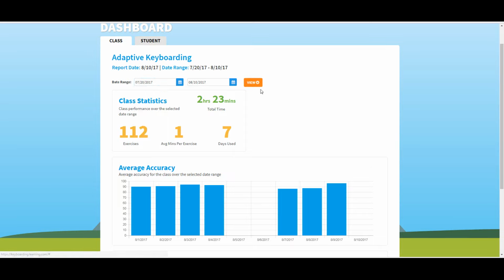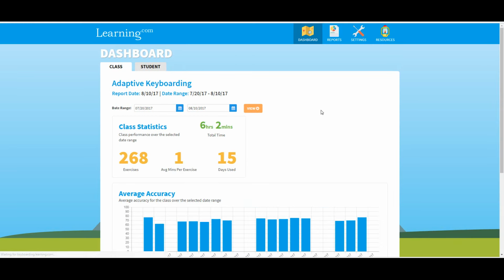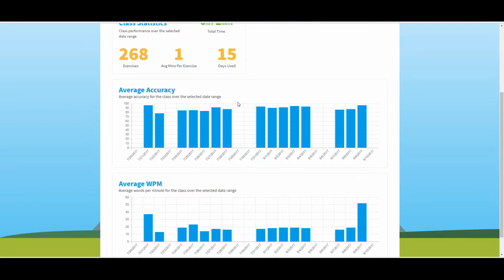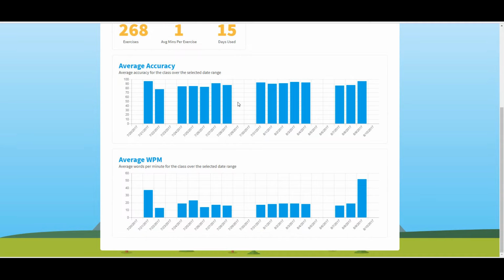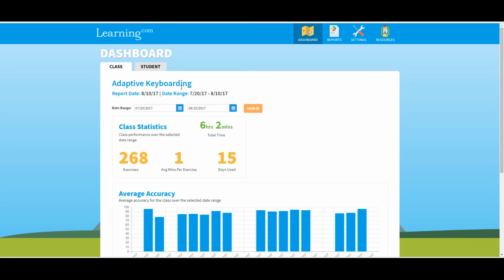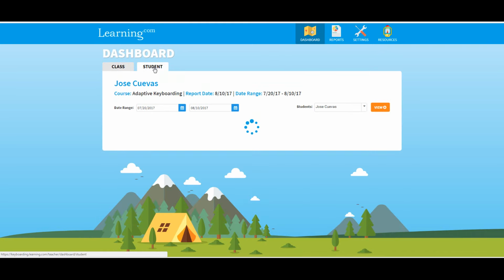So I am going to back up the date so that I can view it, and I can see that my entire class has spent 6 hours and 2 minutes on adaptive keyboarding so far. And it gives me an overall view of accuracy and words per minute. Click on Student,